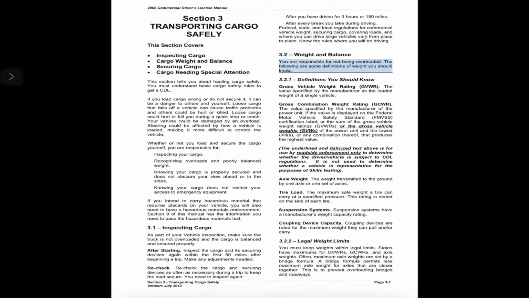3.2 Weight and balance. You are responsible for not being overloaded. The following are some definitions of weight you should know. 3.2.1 Definitions you should know. Gross vehicle weight rating, GVWR: the value specified by the manufacturer as the loaded weight of a single vehicle. Gross combination weight rating, GCWR: the value specified by the manufacturer of the power unit,